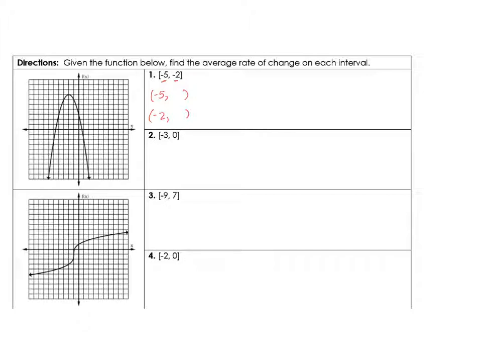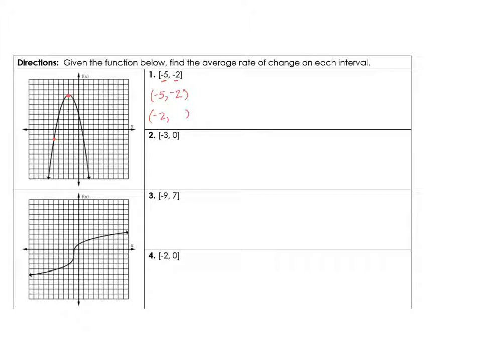So for the -5, notice that if we go back 5, then if we go up or down, you should be able to get to -2 here. So -5, -2, and then at -2, we should be way up here. And so that looks like that is going to be